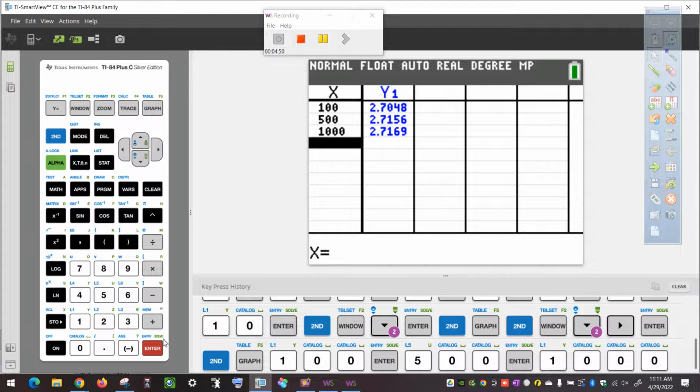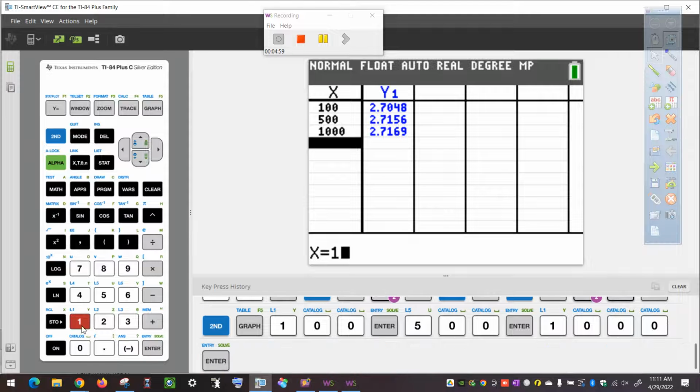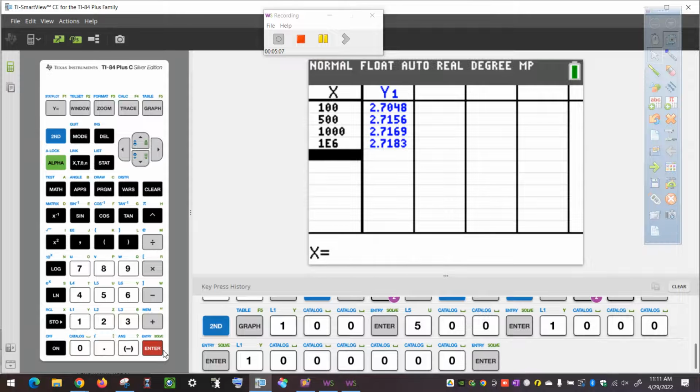Well, if we input 1,000, teeny tiny bit different, we're up to 2.7169. And when we do 1 million, so that's going to be a 1 followed by 6 zeros. All right, when we input 1 million, it doesn't really change very much at all. It's still about 2.71. The decimal digits after that changed just a little bit, and it got up to 2.7183. So what we're seeing here is that as that number that we plugged in got bigger and bigger, that